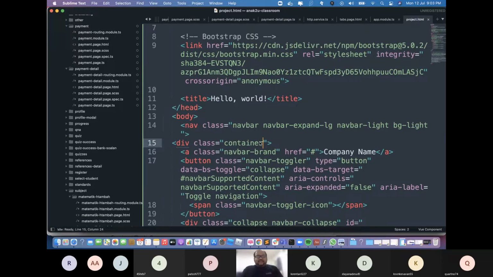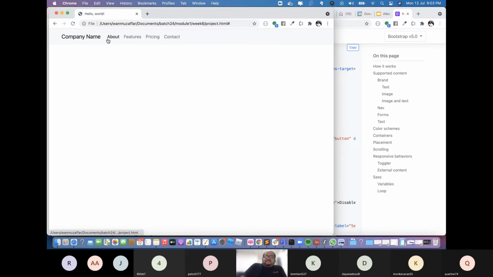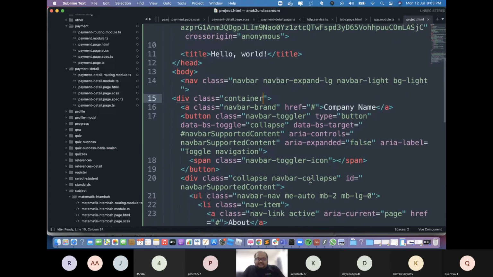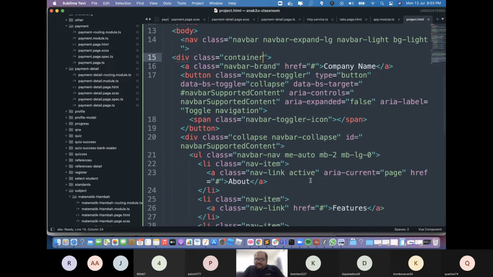Okay, so that one's done. And then kita kena about features, pricing, contact. We want to put it on the right. All right. So this one, it will be